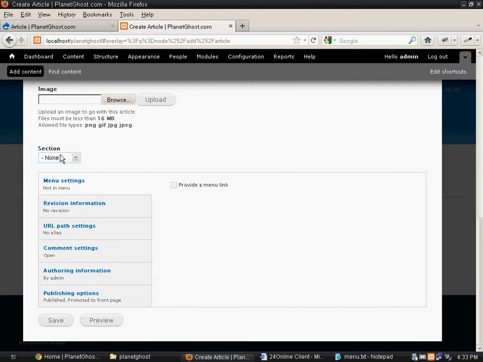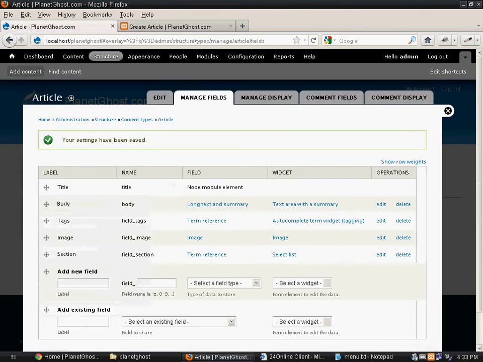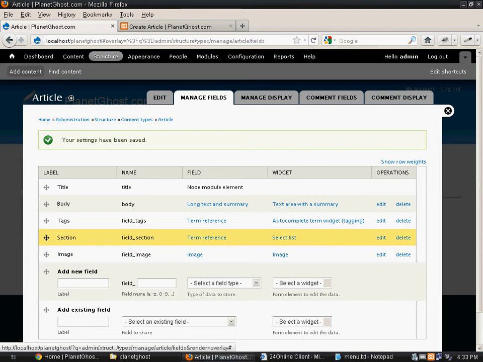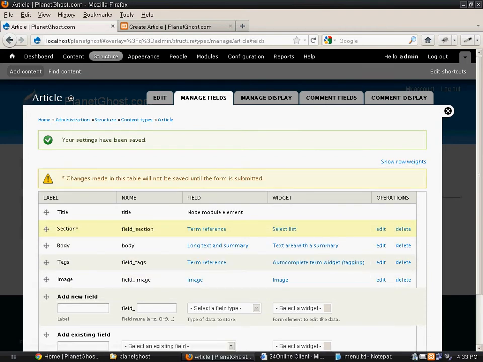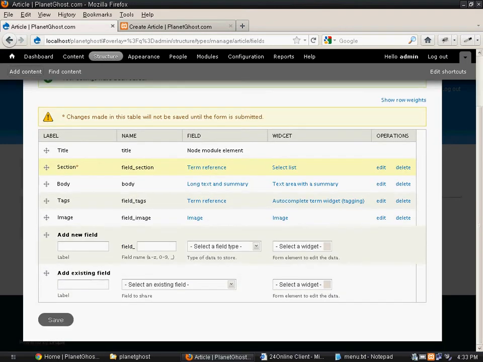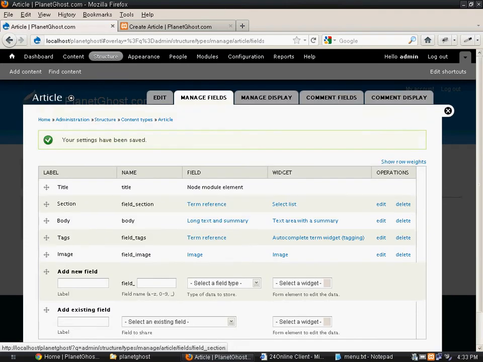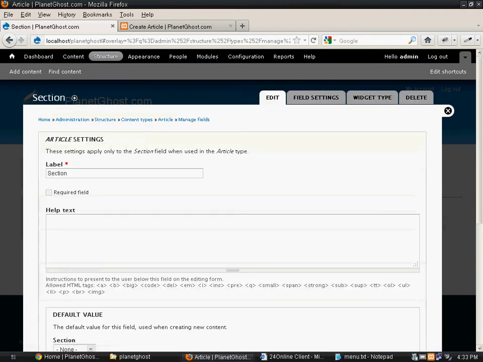So what we'll do is bring this thing on top and we'll make it a required field. So just drag this thing and bring it below title. We can also make it a required field by clicking on edit.